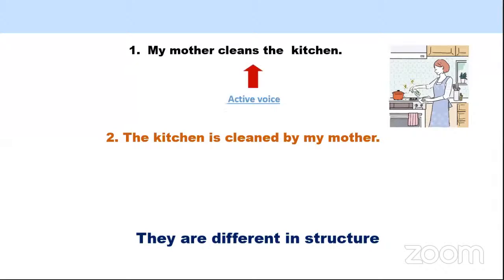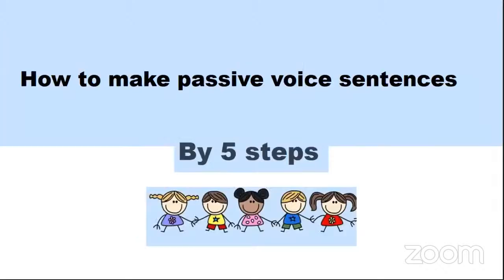The first one, active voice. Second one, passive voice. So today, I'm going to teach you how to make passive voice sentences in 5 steps. That means you are going to learn how to make passive